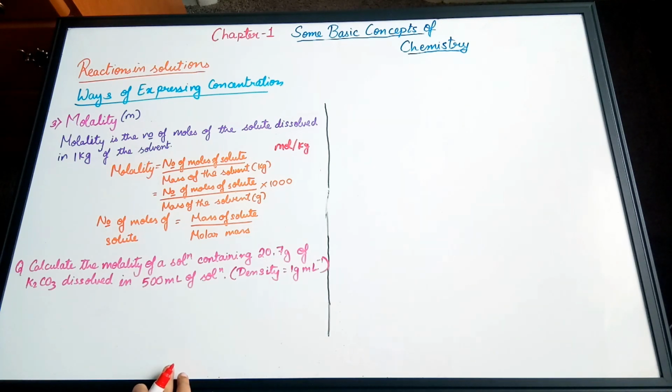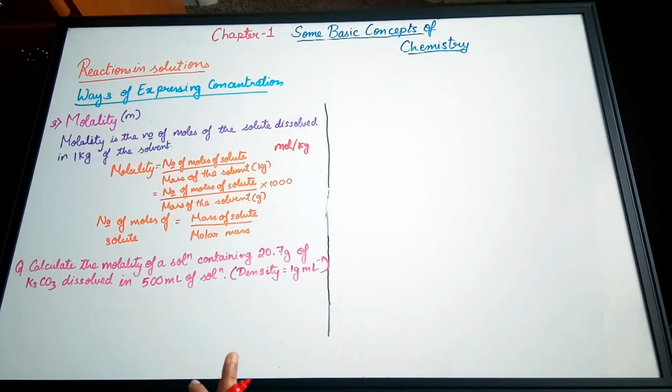Because of that, molality is more advantageous or more useful than molarity. Because with molarity, when there is a change in temperature, there will be a change in volume. However, in case of molality, even if there is a change in temperature, the mass of the solvent will not change. Mass is the amount of matter present in the substance. So no matter what the temperature is, the amount of matter will stay the same. So that is why molality is advantageous over molarity, and it is denoted by a small m,